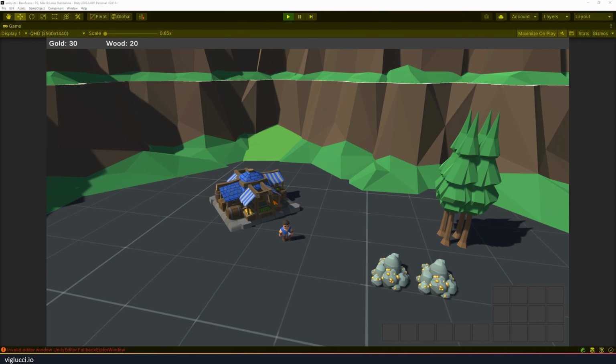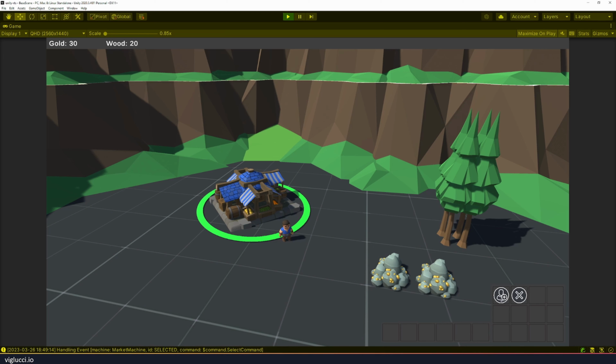So it's been a little while since I've had time to work on this prototype game in Unity, where I'm building a real-time strategy game similar to Age of Empires or Warcraft, Warcraft 3, that kind of thing. However, I recently got some time to work on this, and most recently I was able to add, as you can see up here in the top left, a small little UI for available resources,